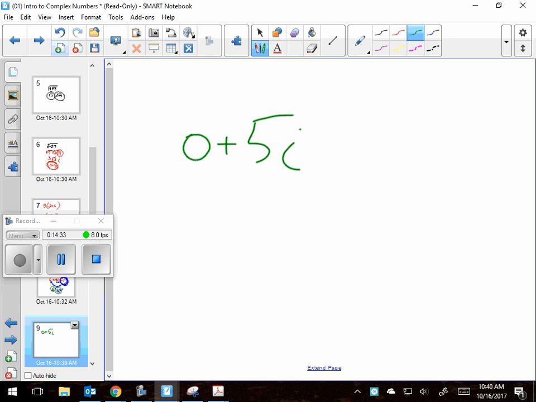And even a lot of math teachers don't get this, so it's okay if you don't get it. But 5i is a complex number. It's not just an imaginary number, it's actually complex. It's just that its real portion is 0. I've seen this in a joke before, that there's some i sitting over in the corner pouting, and then they say, oh, she prefers to be called complex, not imaginary. And anyway, anything with i in it is a complex number. It's just that sometimes the real part's 0.